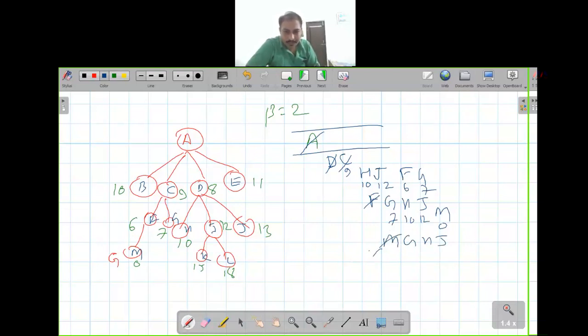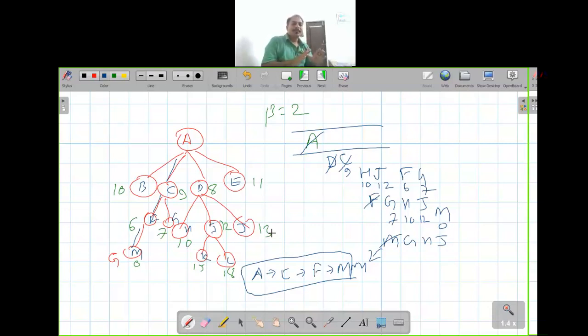Then you explore M, and when you copy M into the node list and compare with the goal, it is the goal. So you will stop and return the path by which you reached this goal node, which is A, C, F, M. This path you will return. Okay, this is the path by which you can go when you set the value of beta to 2. Is it clear? The beam search, is it clear to all of you?